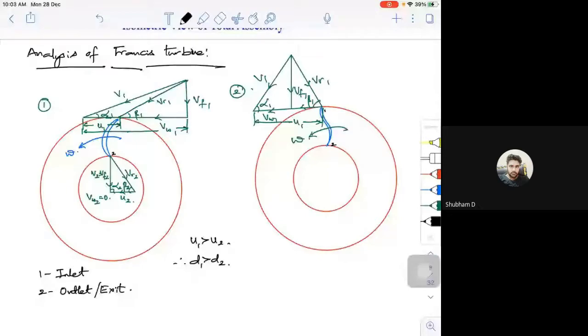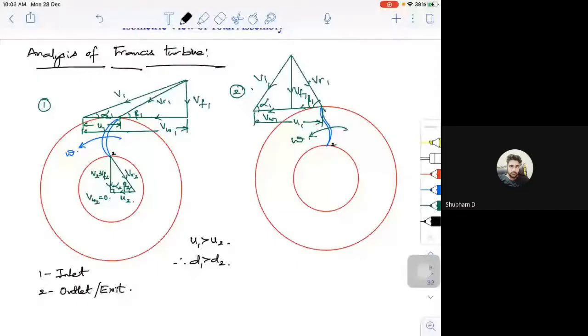The one on the right hand side has a slight drop in work, because there my VW1 is slightly smaller compared to your U. The product of VW1 into U1 gives what we call the tangential work. So depending on the type, you can have the velocity triangle on the right hand side or left hand side, which shows the energy available at point 1. My exit velocity triangle will be very similar to what I have written here.